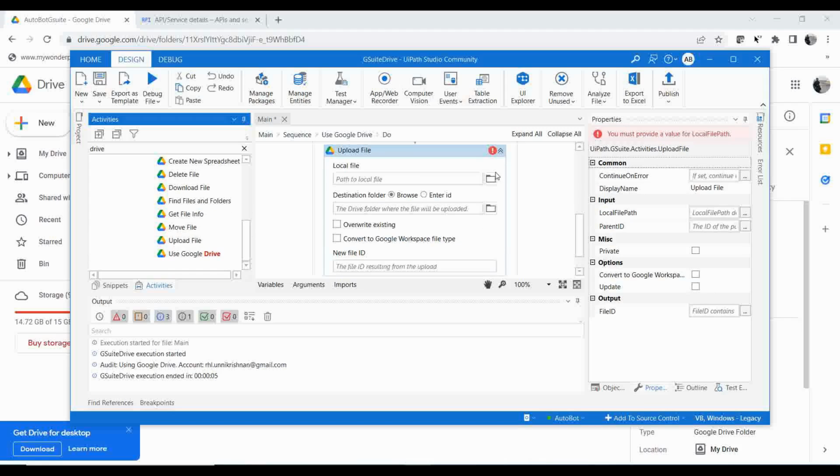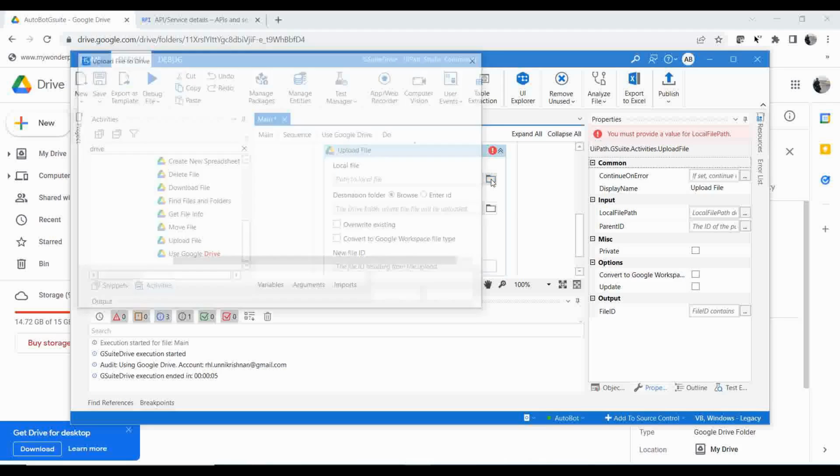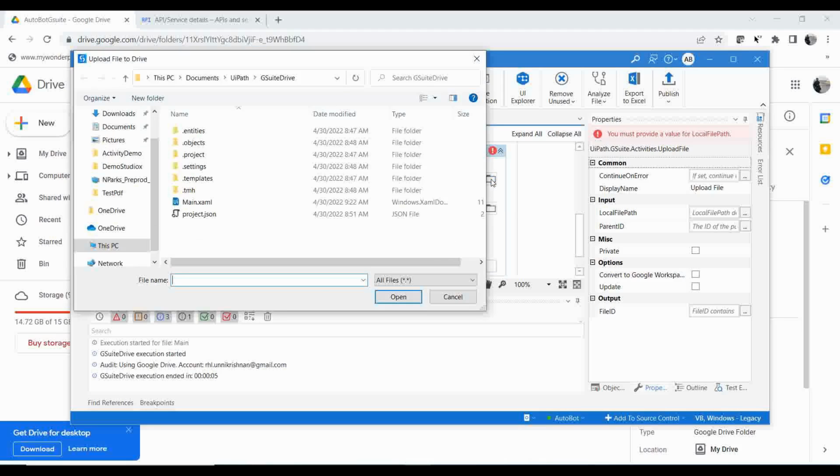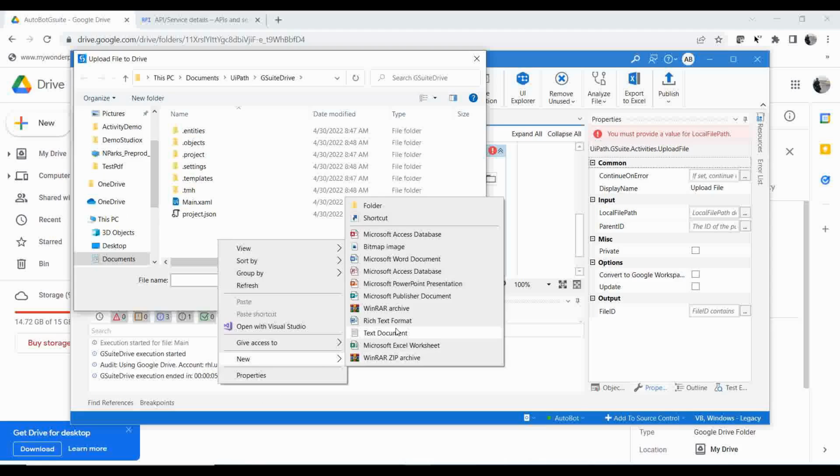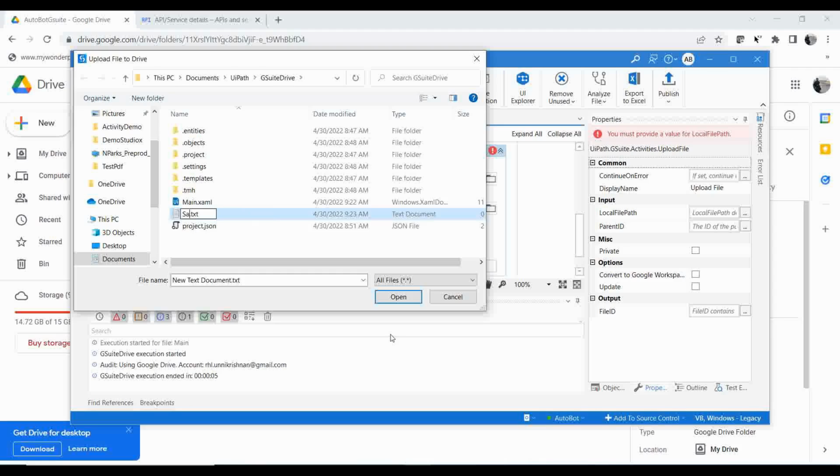Let us learn how to upload a file from the local to the Google Drive folder. So here what you need to do is provide the path. So what should be the path? Browse for file. What I'm going to do is create a new file over here, a new test document. I'm going to name it sample. Just select that, click on open,